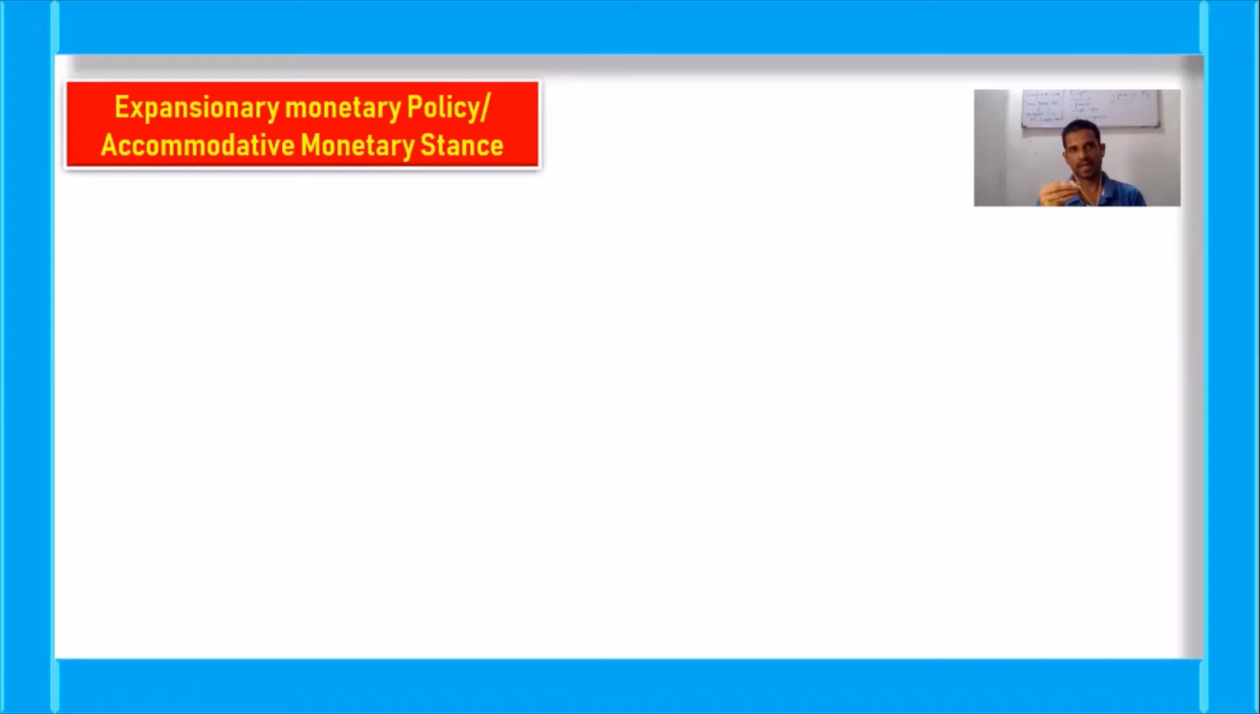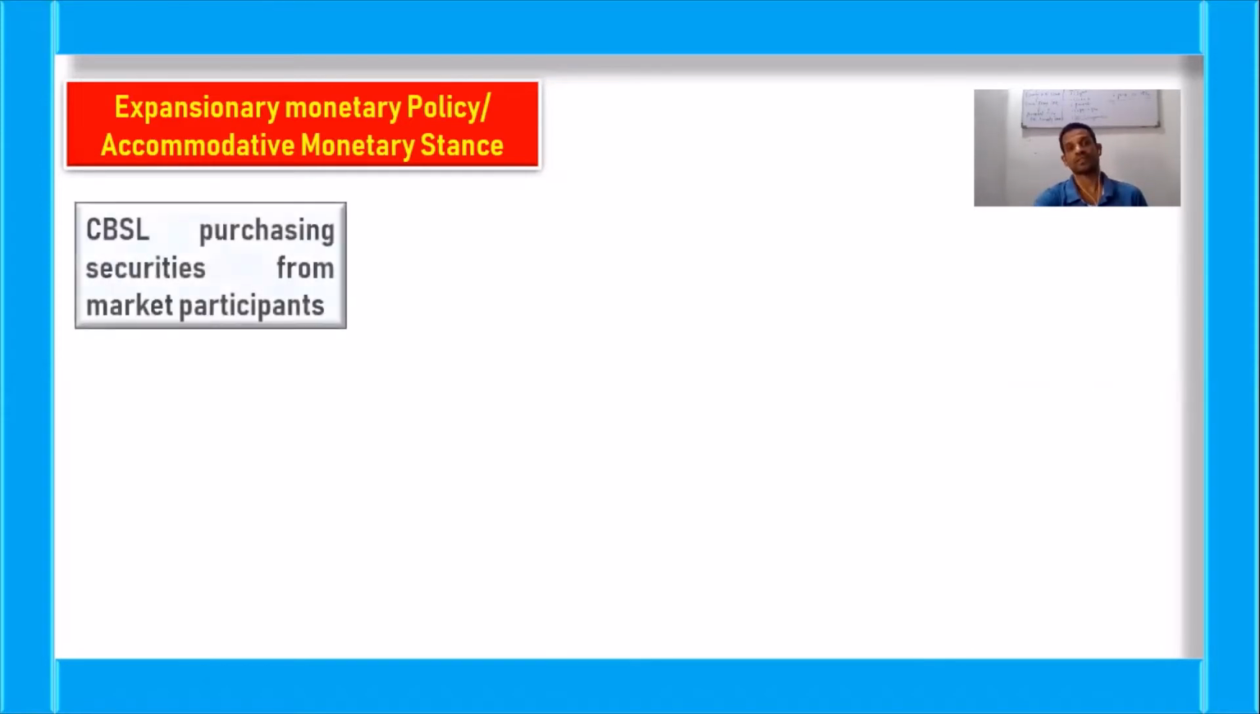Then the central bank does this accommodative monetary stance by using those tools, right? By using monetary policy instruments. One is open market operation with policy interest rates. So with the expansionary monetary stance, what the central bank does is inject currency by purchasing securities. The Central Bank of Sri Lanka purchases government securities from market participants. They are the commercial banks and